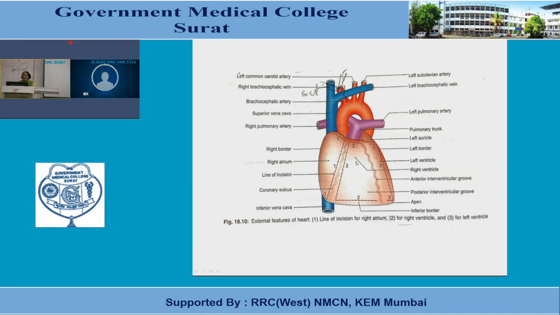Now you can see here the external features of the heart. We will do along with the demonstration. These are the chambers of the heart. You can see here the right atrium. During the development in the intrauterine life, the heart is rotated 45 degrees. So that's why the heart is shifted more towards the left side, and the anterior aspect is projecting forward and the posterior aspect slightly projecting more backward. So this is about the right atrium.